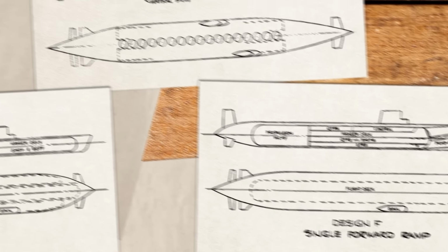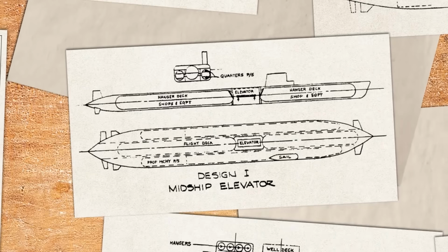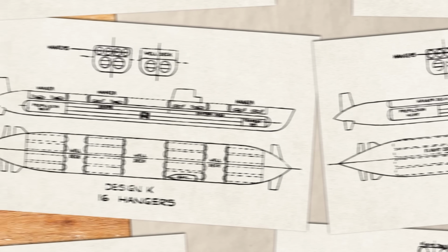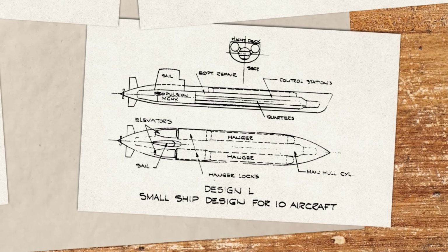Take a deep breath because we're halfway there. Design G that liked ramps so much that it had one at the fore and aft, Design H that had 2 ramps in the middle of the deck, Design I that had an elevator in the middle of the ship with 2 separate hangars, Design J that had 8 different hangars and 1 giant elevator access, Design K that went nuts with the hangars with 16 of them and 3 well decks that could move, although I'm not entirely sure where the flight deck was here, and Design L, a mini submarine with 10 aircraft